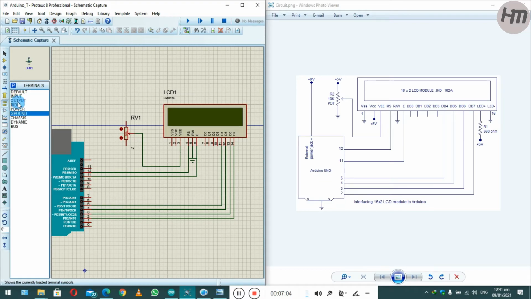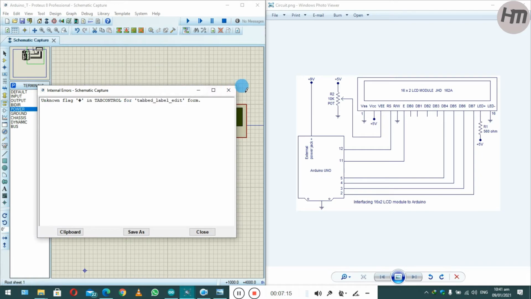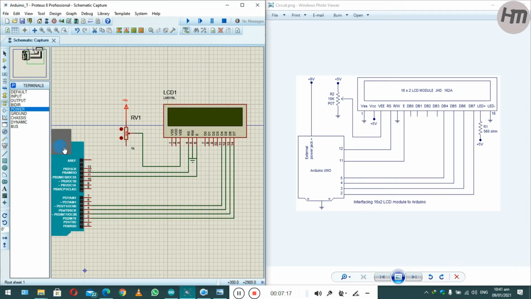Then you will need a power. Plus 5 volts, and the other end is grounded. And VSS is also grounded, so I will ground it also.